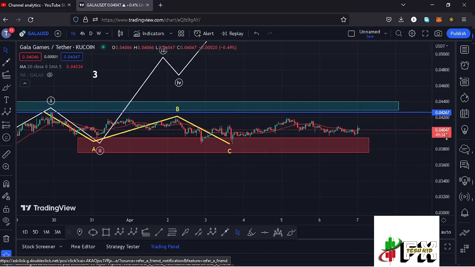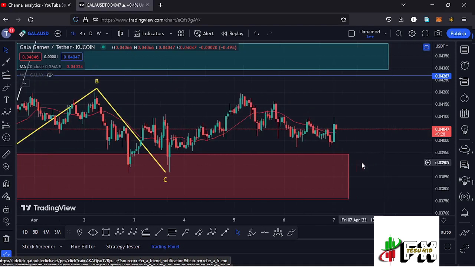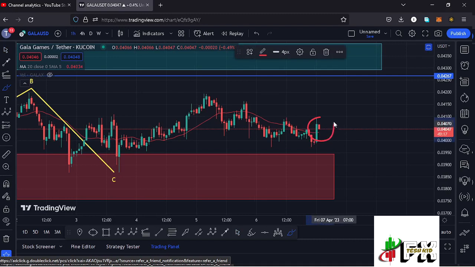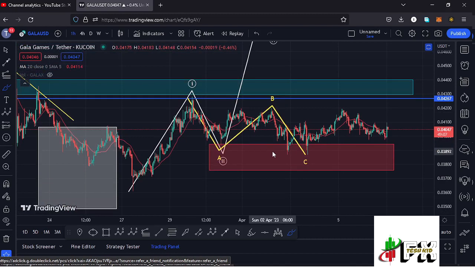Welcome back to TechKidFX for another Gala Games price prediction update, and in this video I'll be giving you the latest developments that have been happening here on the Gala Games chart, which at the time of this recording is holding above the 20-day MA here on the 1-hour chart, which is now acting as support for us to continue gearing up. We have also continued to obey the Elliot wave structures, where we had been seeing a bit of a breakdown to the lower side in the formation of this wave 2, in a move that has now managed to get into the minimum retracement area within this red target area,